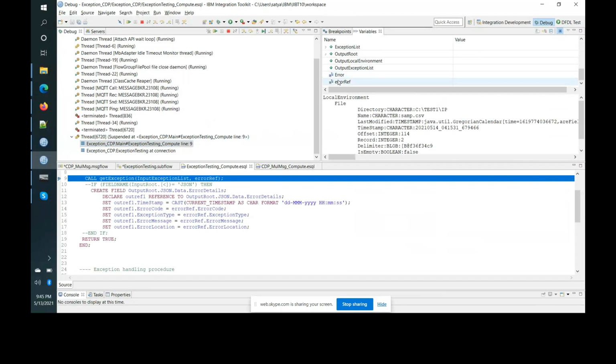There is no input exception list, right? There is no input exception list and there is no output exception list. You have to use just exception list. Modify your code, deploy again and test.